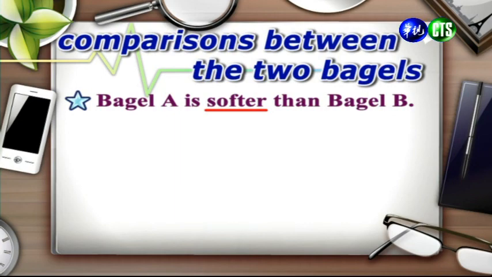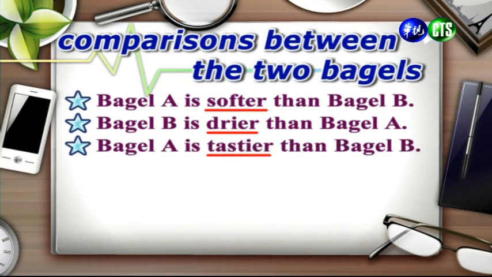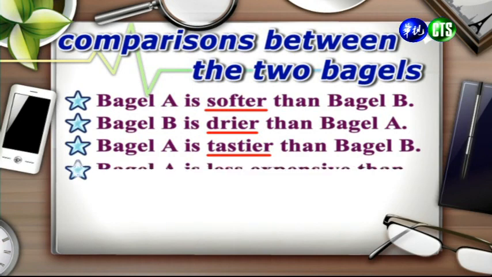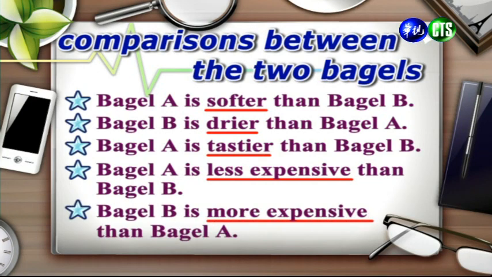Right, another sentence that we could make is bagel B is drier than bagel A. 接下来我们还可以得到另外一个句子是 Bagel B 它吃起来比 Bagel A 来的干涩。Right, another sentence, bagel A is tastier than bagel B. 好，接下来 Bagel A 它是比起 Bagel B 而言比较好吃。And then bagel A is less expensive than bagel B. Bagel A 比起 Bagel B 而言比较便宜。